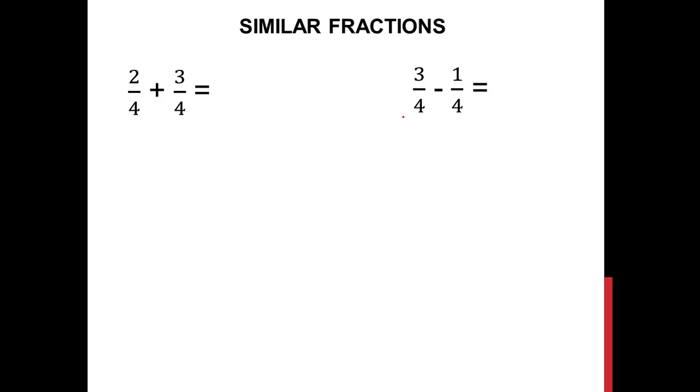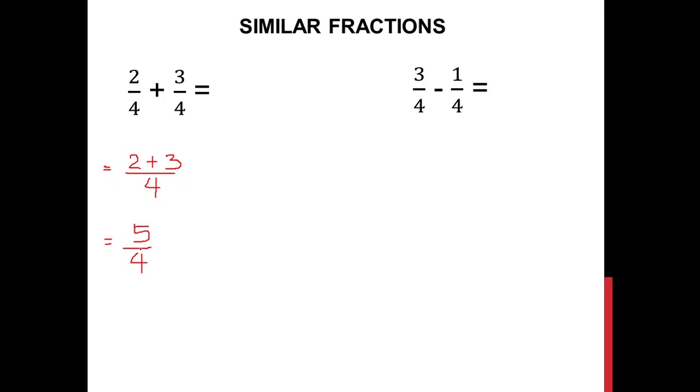So here in our example we have 2/4 and 3/4. They have the same denominator, therefore they are similar fractions, so all we need to do is to copy the denominator and then add the numerator. There. So you have 2 plus 3, that's 5, over 4. Now simplifying this one,